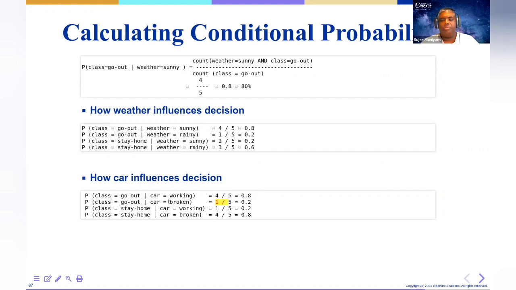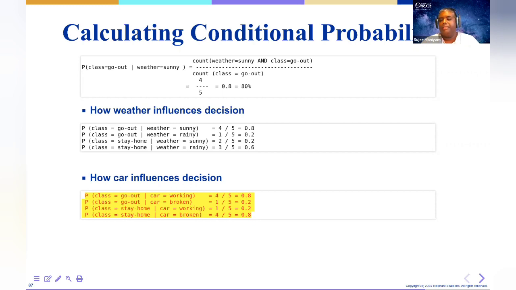And then you do the same thing, right? So what are the chances of me going out when the car is broken? Again, same thing, go back and count. You'll see only one occurrence I went out when the car is broken. So we calculated the individual probabilities. So this slide, again, I want you guys to spend some time on your own looking through the numbers. It'll make sense, right? Simply we are counting when this happened, what are the chances of this happening, right?